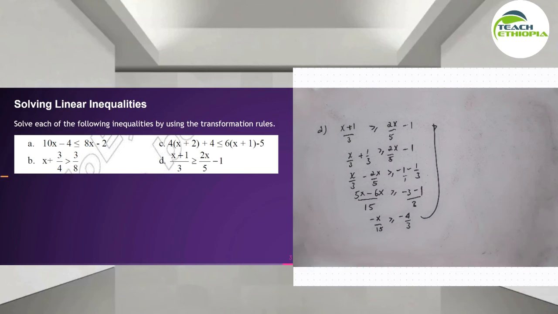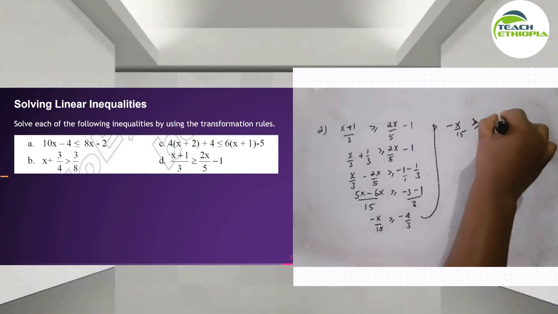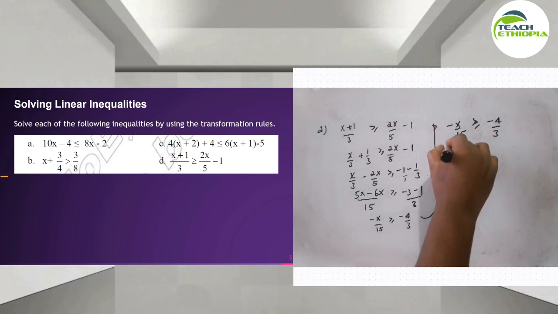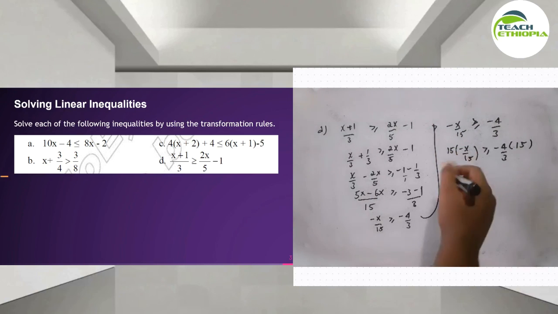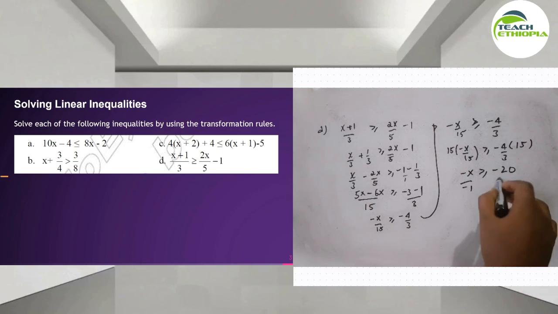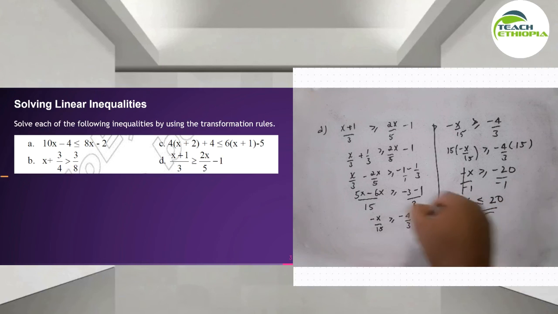አሁን እዚህ ጋር ምን እናድርገው ሶልቭ ስናደርገው በማይነስ 15 አባዛው both side because x ብቻ እንድትቀራልኝ። minus x over 15 greater than or equals to minus 4 over 3 በማይነስ በ15 ብናባዛው both side, minus 15 times minus x over 15 greater than or equals to minus 4 over 3 times of 15 both sides። this is going to be minus x ቀረ because 15 by 15 ይጠፋል። Similarly ይሄኛው በዚህ ሲጠፋ it's going to be 5 times 4 minus 20። አሁን ማይነስ ቀረኝ፣ በማይነስ 1 አካፍለዋለሁ because ይሄ እንዲጠፋ ስለምፈልግ x's ሳይን ተቀየረ አይደለ ግሬተር ዛን ነበር ሌስ ዛን because it is divided by በኔጌቲቭ ስላካፈል ነው። this is going to be 20 ይመጣል። this is how solutions of linear equation solved። so የዛሬ ሌሰናችን ይሄን ይመስላል።